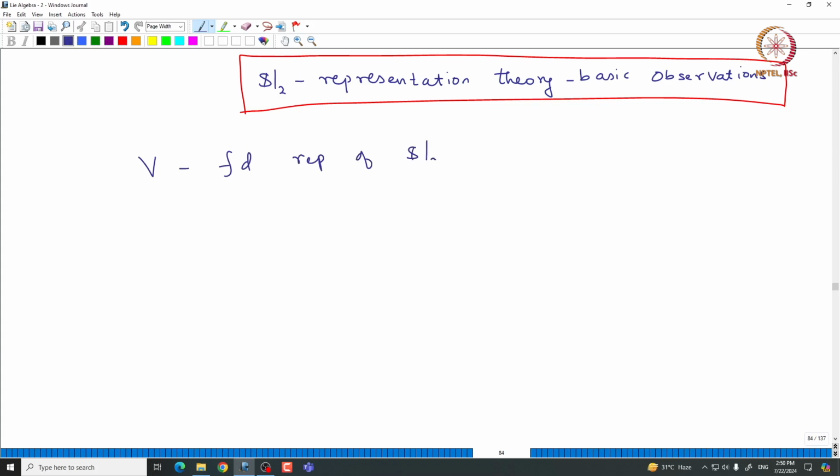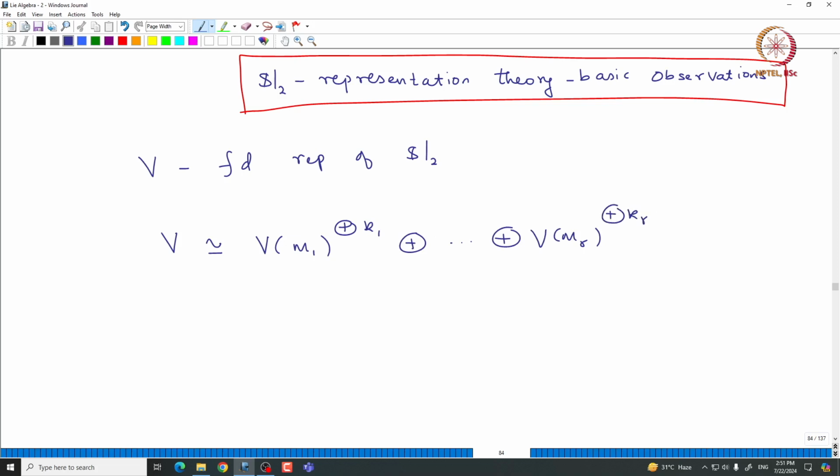representation of sl2. So, using Weyl's complete reducibility, we know that V can be written as a direct sum of irreducible finite dimensional representations of sl2. Since direct sum commutes, V direct sum W is isomorphic to W direct sum V. So, we can arrange this V as V(m1), let us say k1 copies of V(m1) appear, and so on, and kr copies of V(mr) appear in V